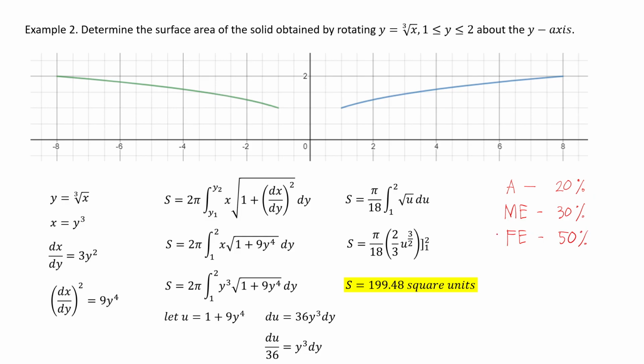So why is it 50% for the final exam? Because the coverage is from start to finish. That's why its weight is 50%. It is broader because you're going to review topics from the start up until the finish. For the midterm exam, it's only 30% because you are only covering half of the topics up until midterms. It's not the same weight as the final exam because it's only covering half the topics. So it should really be only 25%. But